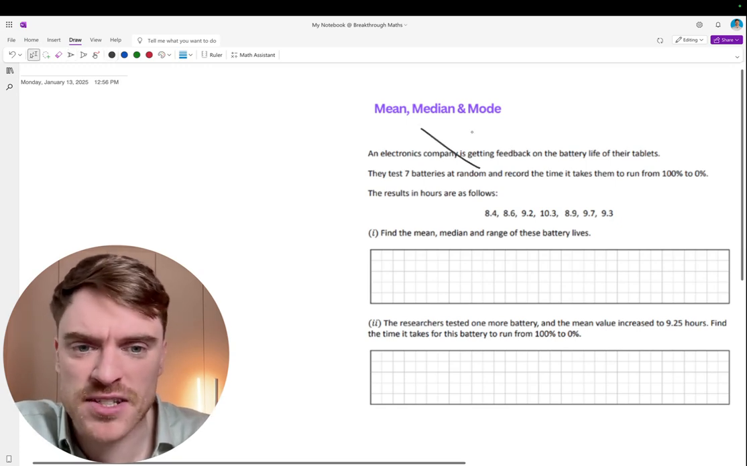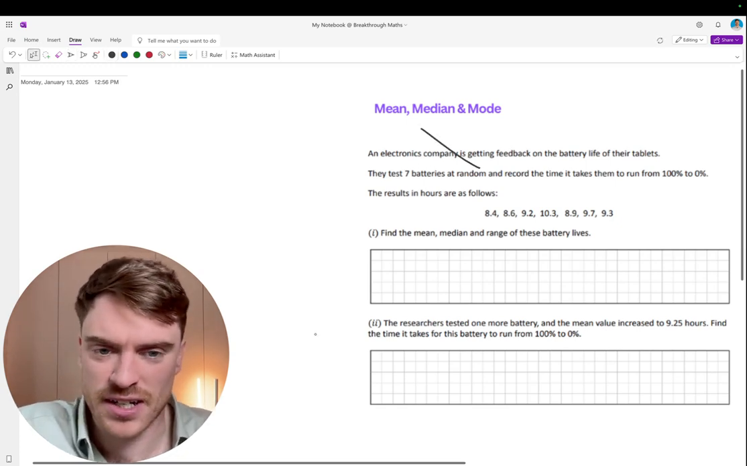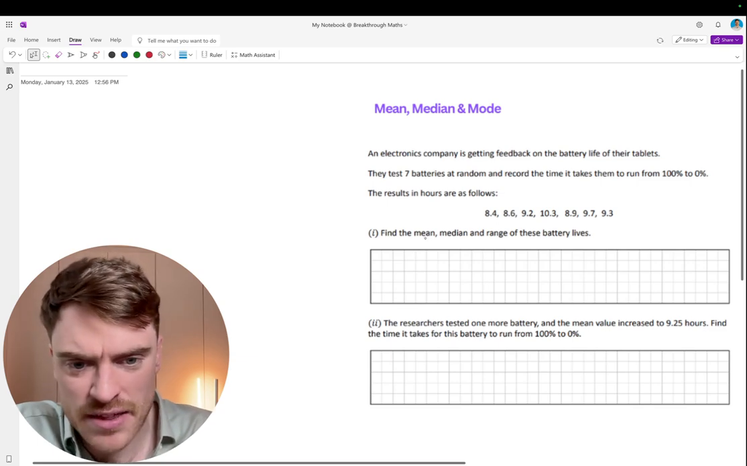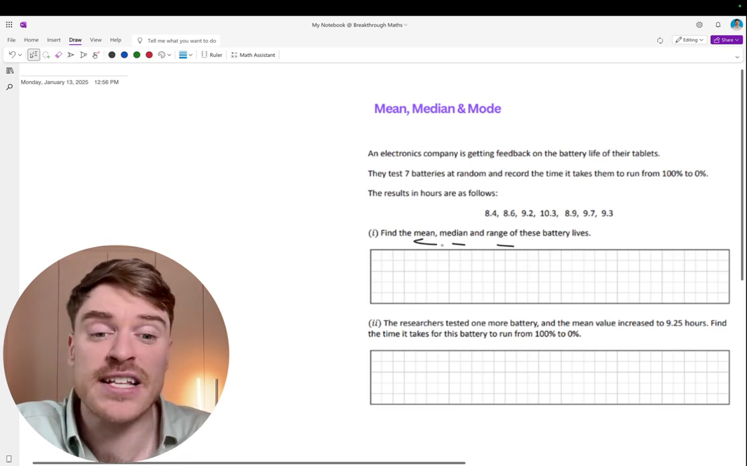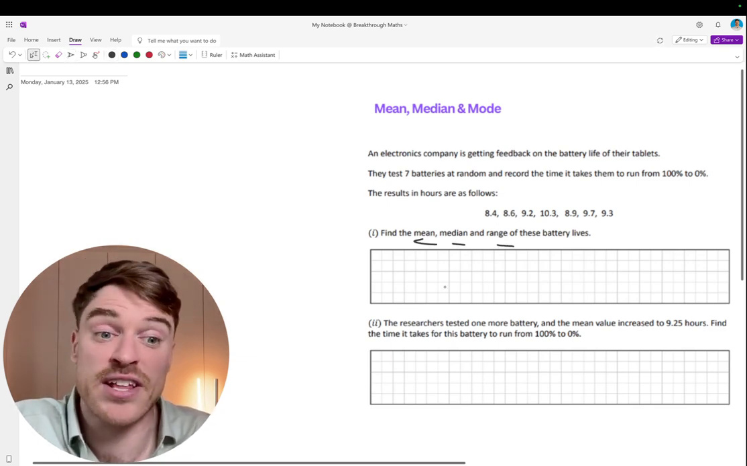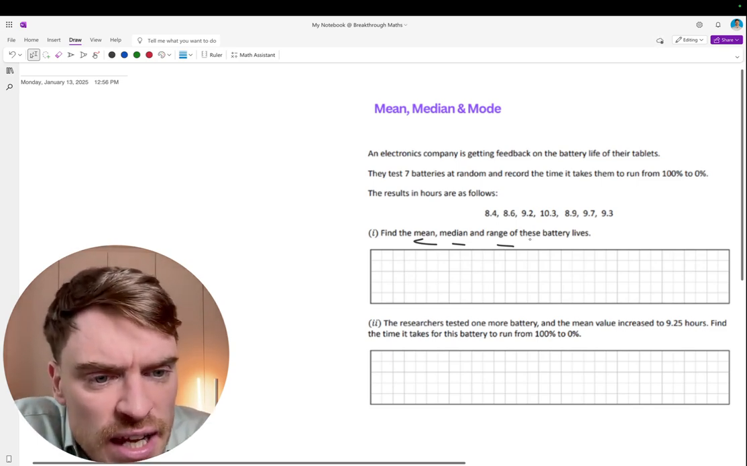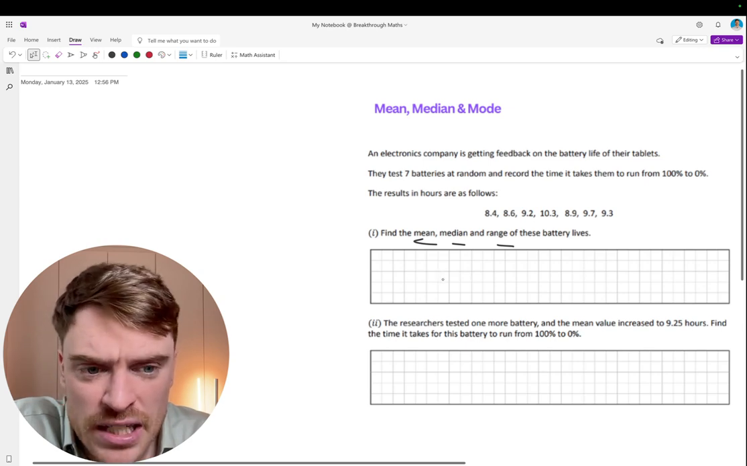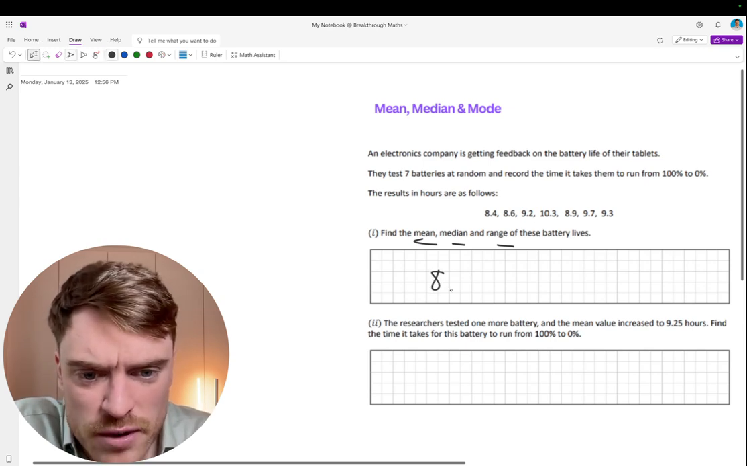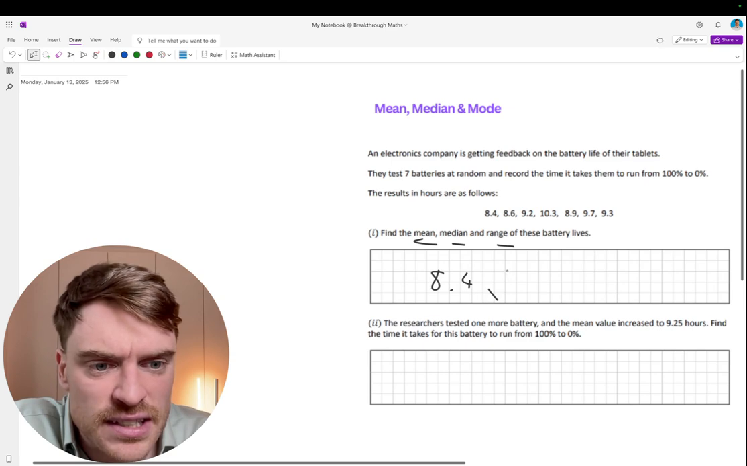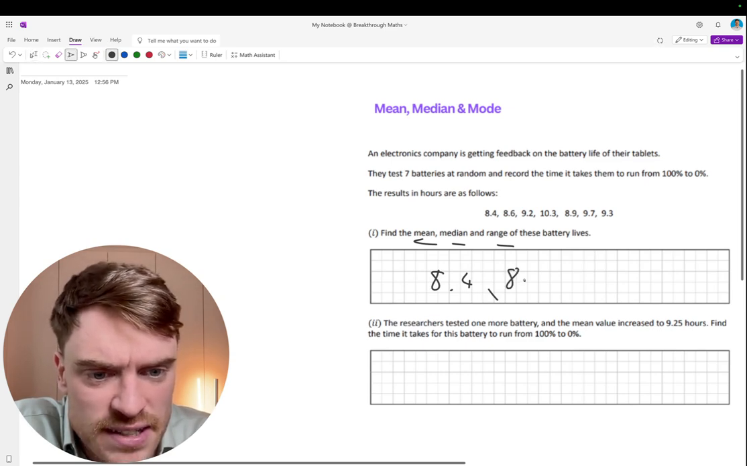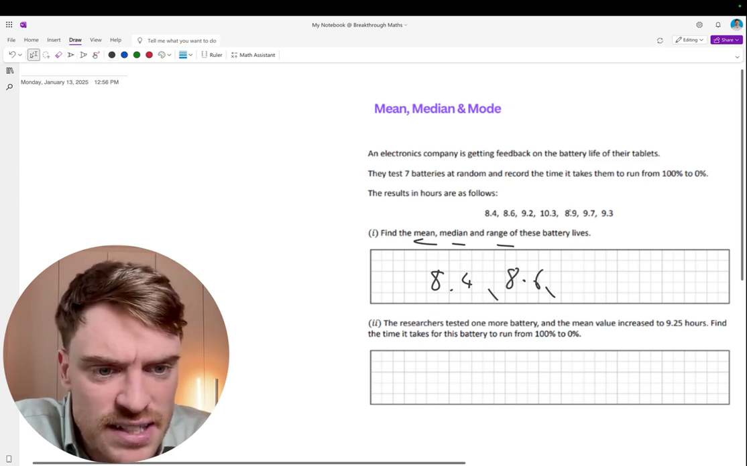All right, so look, half this stuff doesn't really make a difference. Find the mean, the median, and the range of these batteries. I'd start with the range, from the bottom to the top. I'd order them first in terms of where they are at. So 8.4. What's next? Is it 8.6? I just go 8.4, 8.6, 8.9,